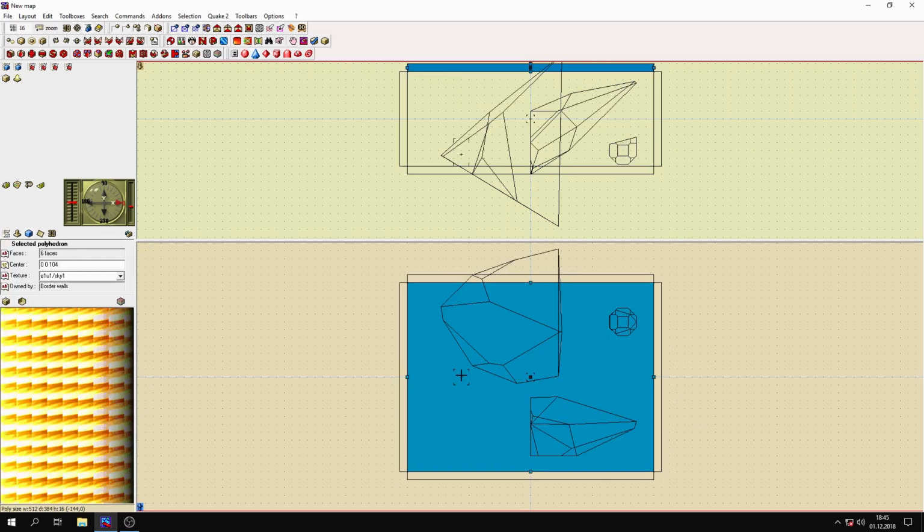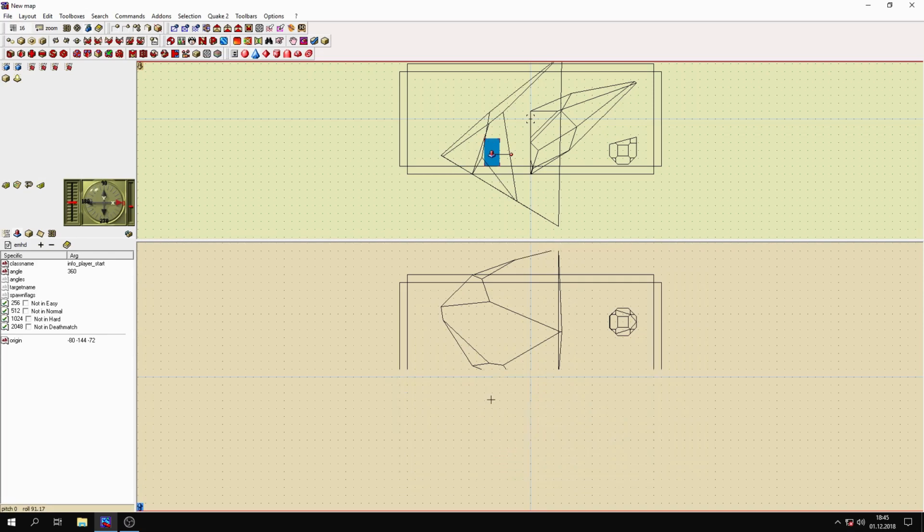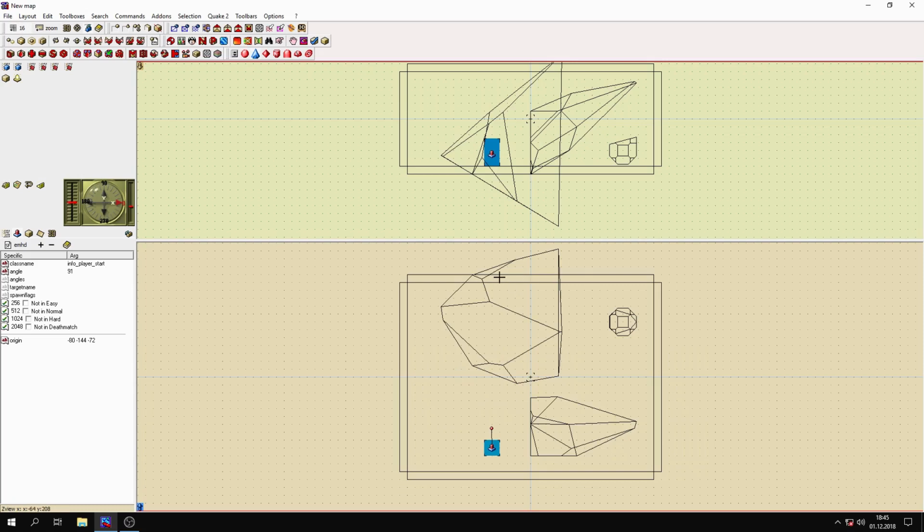Why? Because this is my starting position. I'm looking this way, so this is front, this is back, this is left, this is right. If I go, let's say, here and move like this, this is front, this is left, this is back, this is right. Anyway,